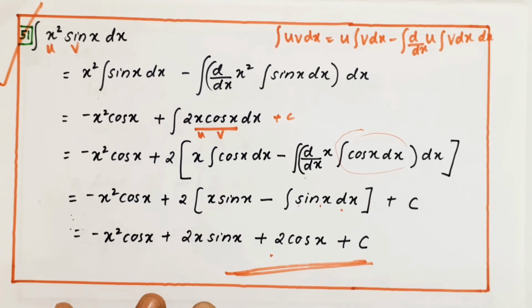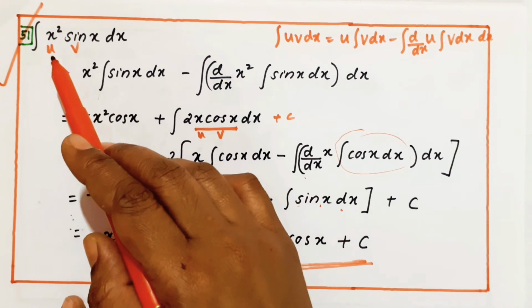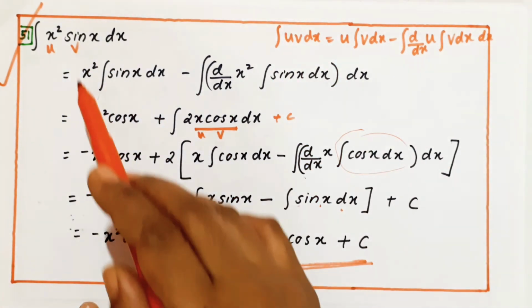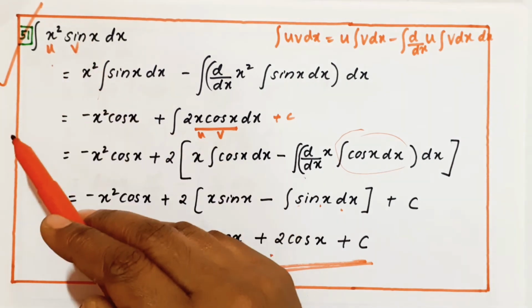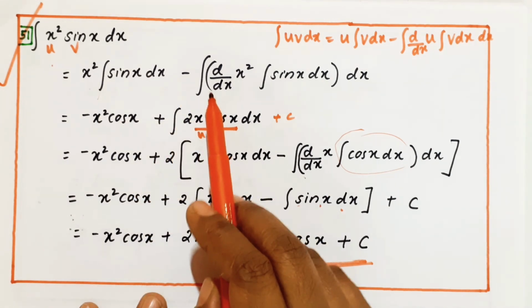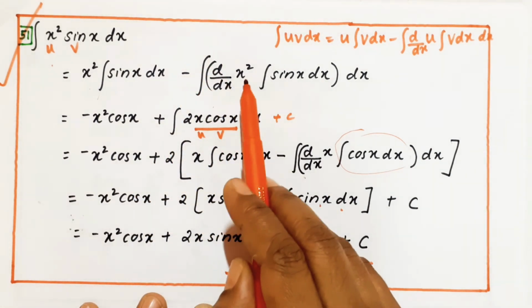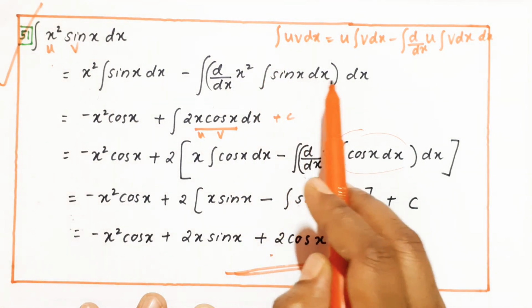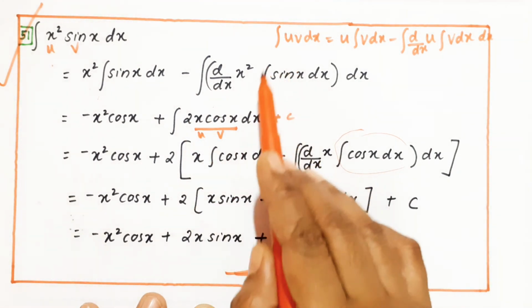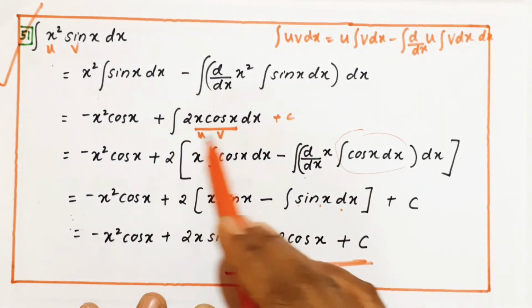I told you in the previous video, very good questions only in this video. See here, we are doing integration product rule 2 times. We'll do it again. So x square, integral of x square sin x dx. I use UV rule. So u is x square, v is sin x. So x square into integral of sin x dx minus integral of d by dx of x square into integral of sin x dx of dx. D by dx of x square is 2x. Integral of sin x is minus cos x, minus minus will become plus.